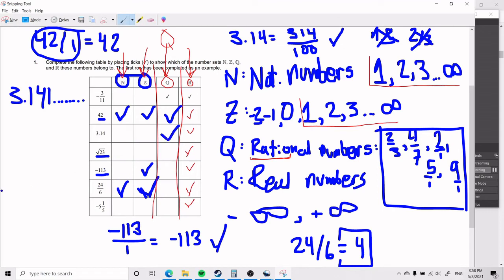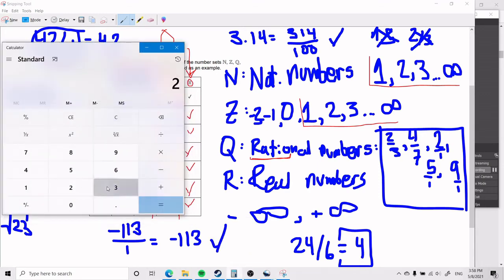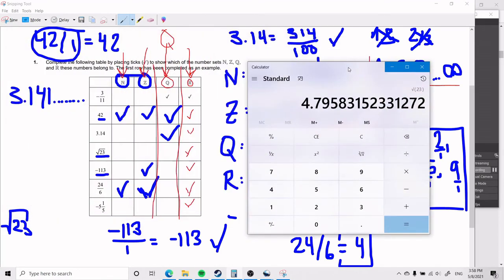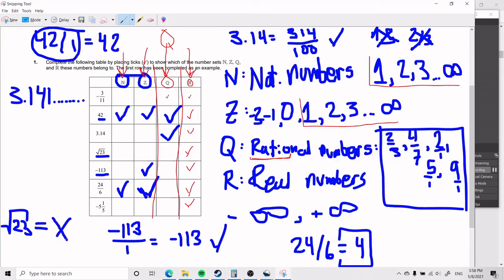Moving on, with square root of 23, we have to check if it's a never-ending series of numbers or not. And if we go to our calculator, we can see that square root 23 is 4.79588315, blah, blah, blah, blah, blah, up until infinity. And so this would not be a rational number either, because you cannot express it as a fraction, right? And so here it would be a big fat X. Square root 23 cannot be written as a rational number, and for the most part, and this could be a good rule of thumb,